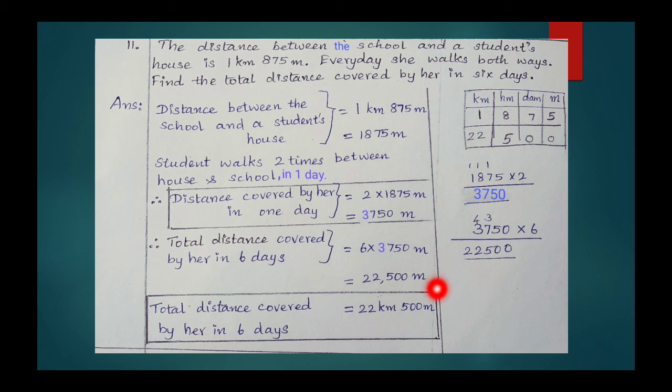You can write this in kilometer also. How? See. Write this number in placement boxes. Put 0 in the rightmost box, meter. Then fill towards the left side: 0, 0, 5, 2. No more boxes to the left of kilometer. So write the number 22 under kilometer itself. So we get 22 kilometer and 500 meter. This is the total distance covered by her in 6 days.